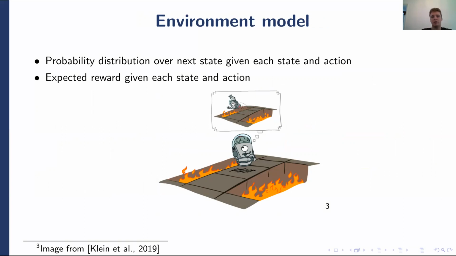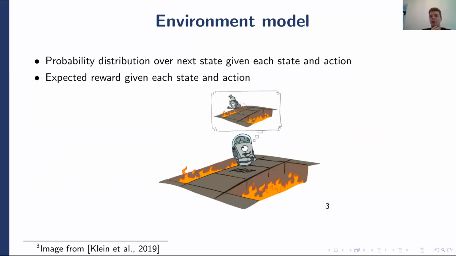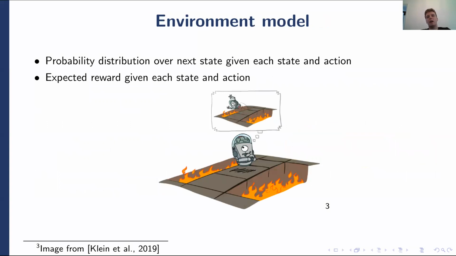So what's an environment model? We'll define the environment model based on the one-step dynamics of the problem. But I want you to think about environment models from a more abstract perspective first. Basically, an environment model is a description of how the world behaves. The one-step dynamics is one way of describing how the environment behaves. It tells us what's going to be the next state and the next reward if I take a specific action in the current state, in probabilistic terms. But there are other ways to represent an environment model, and they can all be derived from the one-step dynamics.